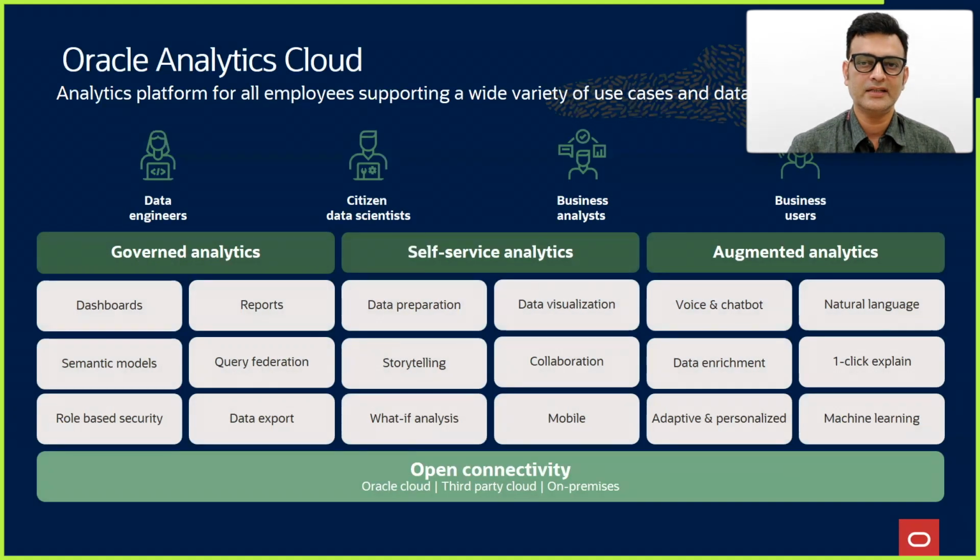We have the capability to build dashboards and to define semantic models. We can also do data level security and role-based security as part of the governed analytics. And we also have a component called Publisher, which can be used to generate pixel perfect reports. By pixel perfect reports, I mean reports in the form of a statement where you will have a company logo, maybe a company address and some text, and then a table or a set of visualizations of data. These kinds of statements can also be generated using the component called BI Publisher.